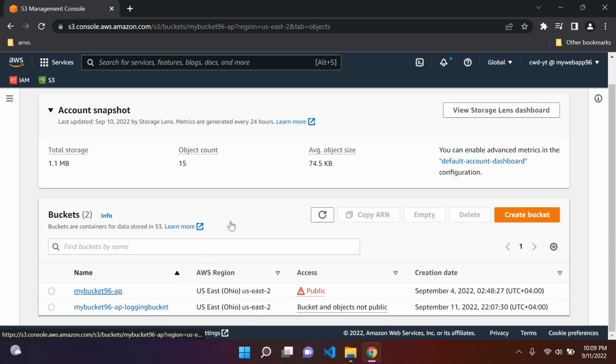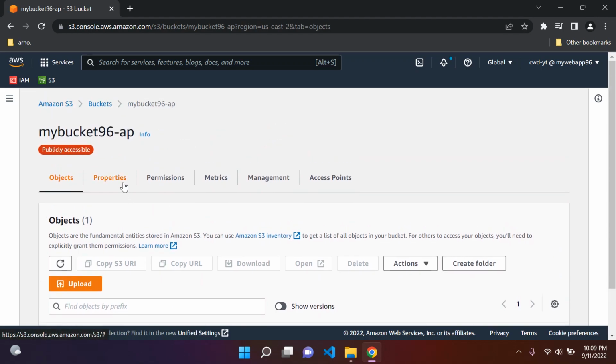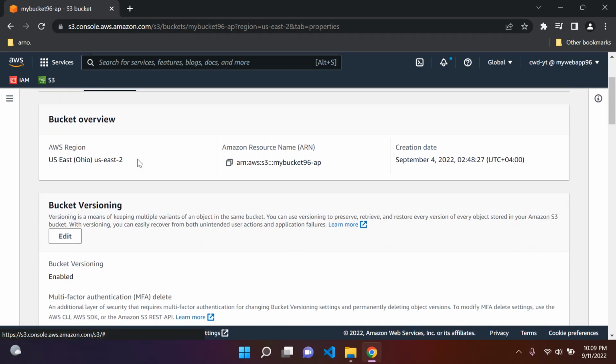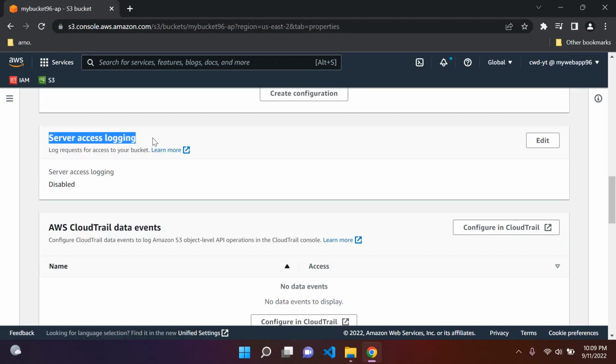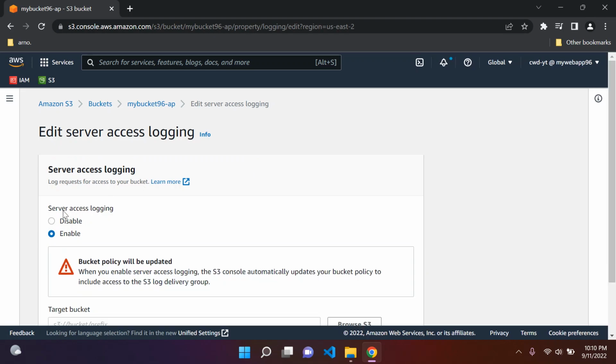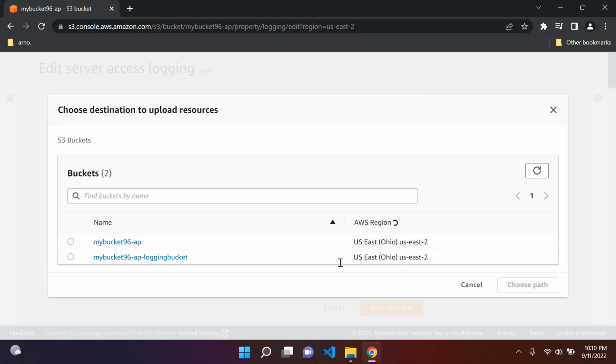So let's go here. Great, so we're here now. Now let's head over to properties, and we can scroll down until we see server access logging. So, log requests for access to your bucket. We can go and say edit. Make sure you enable server access logging. And of course it says the bucket policy will be updated. That's perfectly fine. Now we can look for our target bucket by saying browse S3,